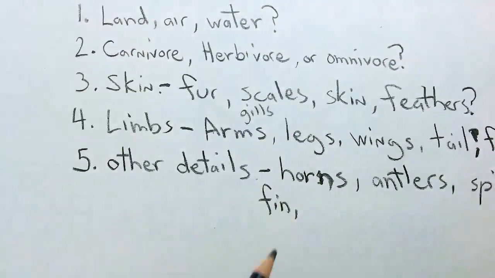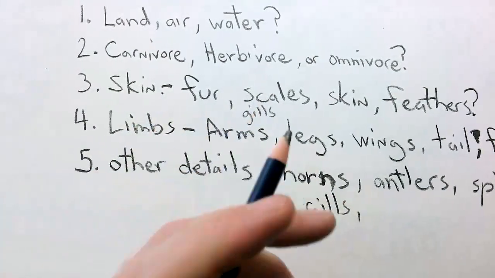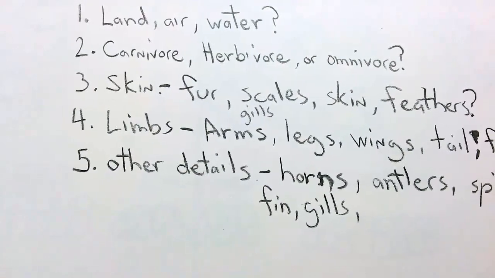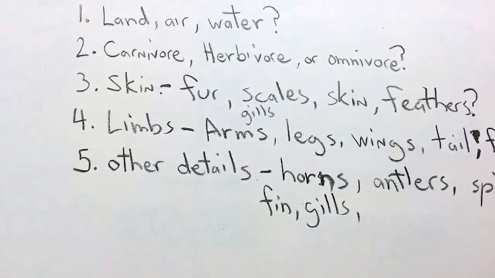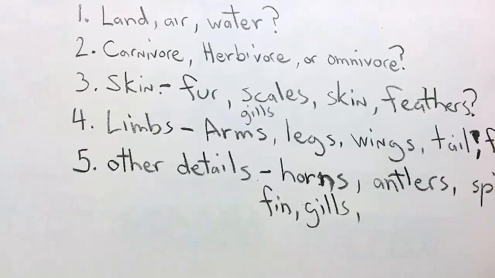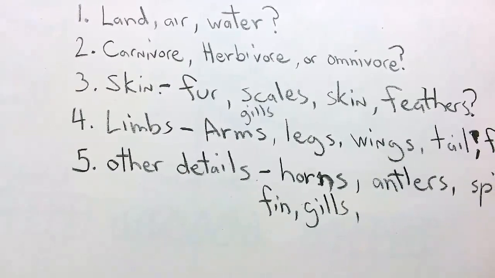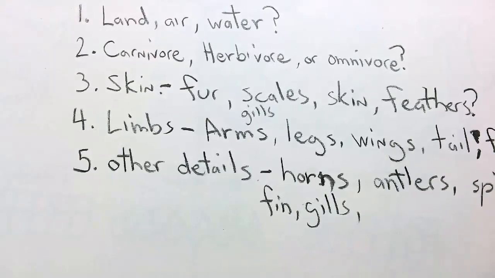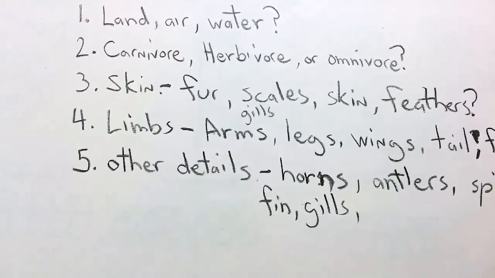Gills too. But that could fit in here too, Gordon, because perhaps you could have like a mud skipper style of animal. A mud skipper is a fish that exists today, right? It can transport itself over land even though it's a fish. Much like I was in New Zealand, and in New Zealand there's a lot of eels, and these eels are very popular. These eels are born and they live the first portion of their life in fresh water, and they will slither across land to get into the salt water to then live the rest of their lives in salt water. They return to lay their eggs, much like the salmon do, but they have gills and they can also walk on land, which kind of is like our long